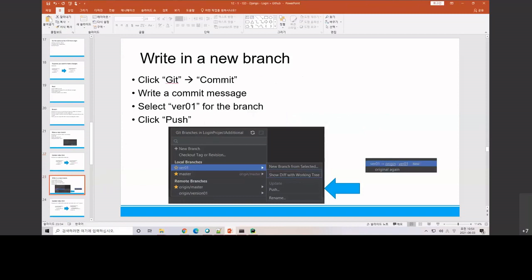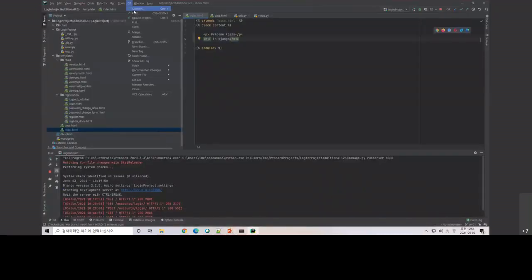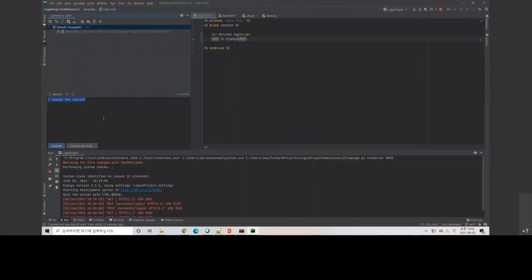Again, you will do the commit and you will do the push, but now you are pushing not to the master, but you need to push on the new branch. How can we push this one? First, let's do the commit again. Okay. So the commit, now I have a new file. I change the content, for example, I give 2. Okay, after I do the commit,